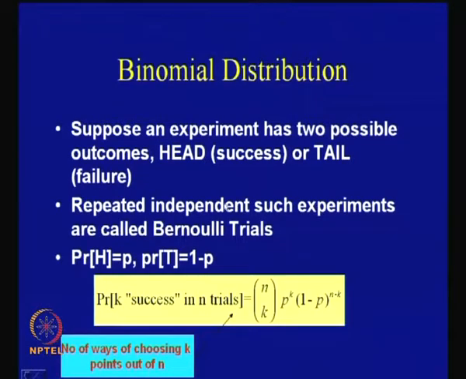And we know that this works out to n choose k, which means that we choose the k success points, and then for k success points the probability will be p to the power of k, and since the other points are failure points, they should be multiplied by (1 minus p) to the power of n minus k, because there are n minus k failure points. Okay, so this gives us the probability that there are k successes in n trials.